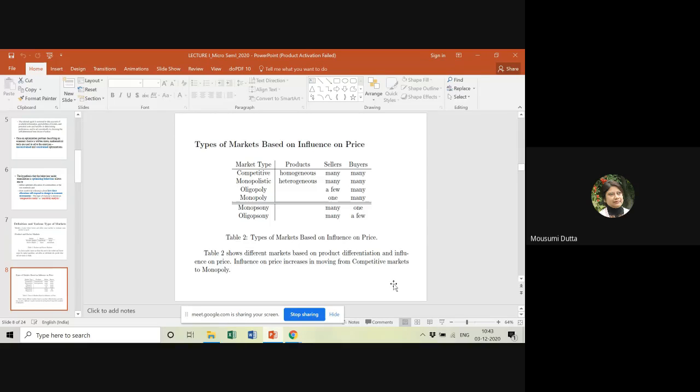Now, the commodity market again can be divided into four major categories: competitive market, monopolistic market, oligopoly, and monopoly. So there are four major varieties: perfect competition, monopolistic market, oligopolistic market, and monopoly. We will try to understand briefly these four types of markets. We will get all details of these four markets in your next semester. In fact, in this semester too,